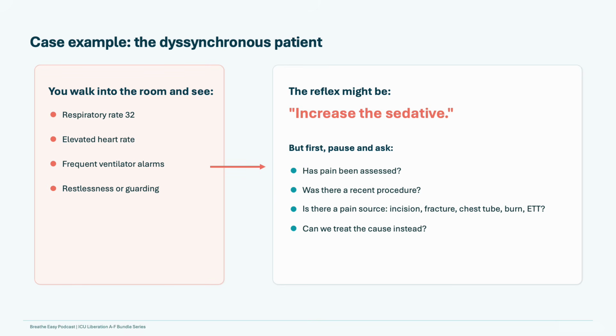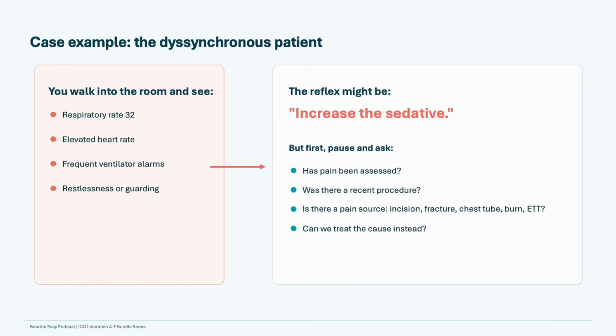So let's say you walk into a room, and here's the scene. Respiratory rate is 32, heart rate is climbing, ventilator alarms are going off, and the patient is restless. The old reflex? Let's just increase the sedation. And look, sometimes sedation is part of the answer, but before we go there, let us pause and ask a